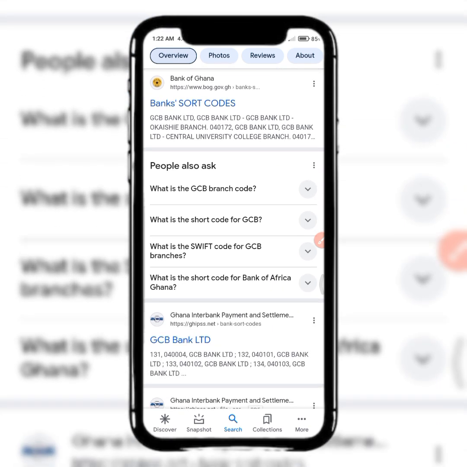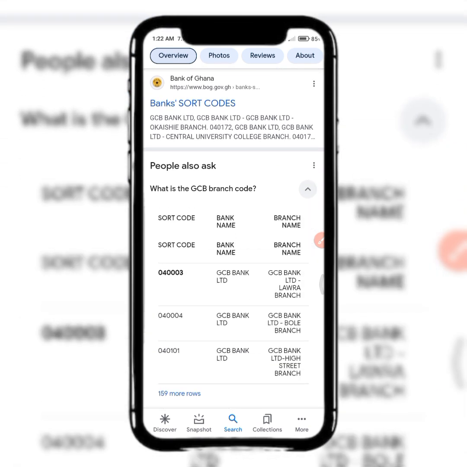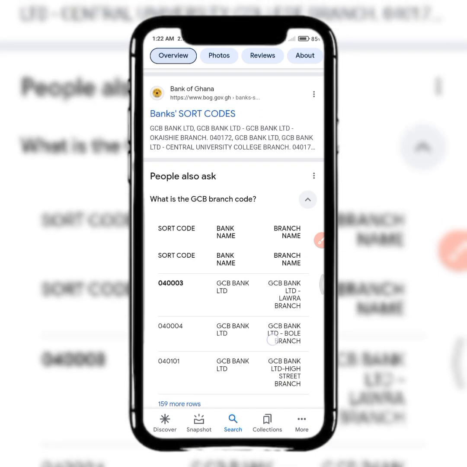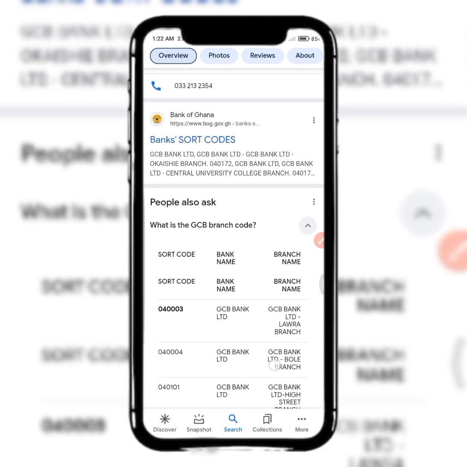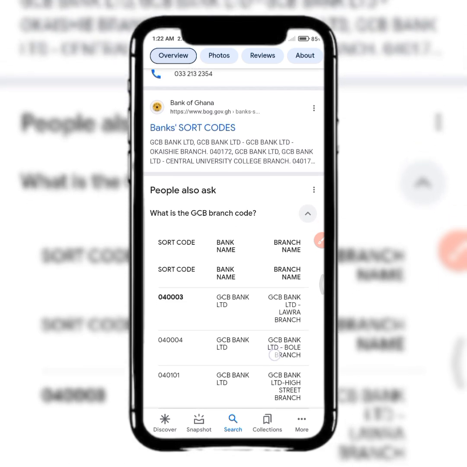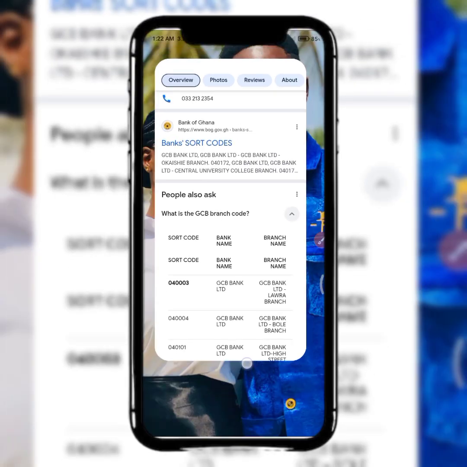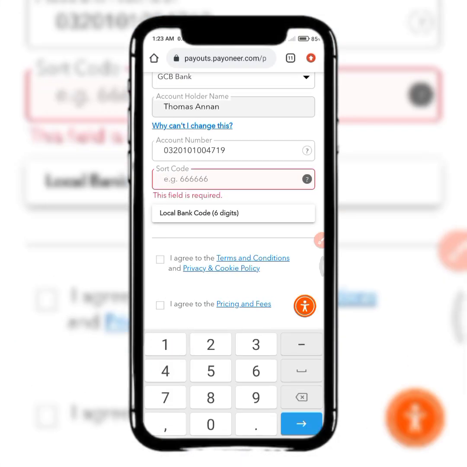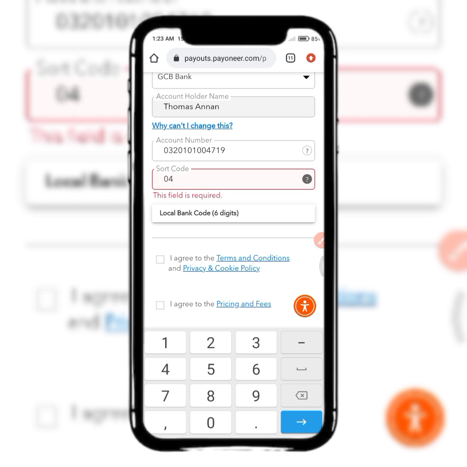Where is it? Okay, so this is where you can see it. So it's 04003. Then we go back, 04003. So 04003. The zeros are 3. Okay,